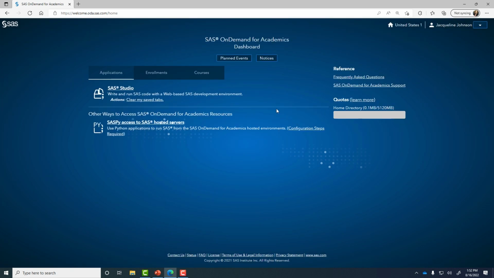When you sign in, you are taken to your dashboard. There are three tabs at the top that we're going to talk about. The first tab is the Applications tab, and you'll notice that this gives us access to the SAS Studio application here. So this is the tab that we're going to use to launch SAS Studio. On the right is the Courses tab. The Courses tab allows faculty, students, and independent learners the ability to create a course in order to share files with others. Then the Enrollments tab allows all users to join courses that have been created by others. I will click on the SAS Studio icon here to launch SAS Studio software.